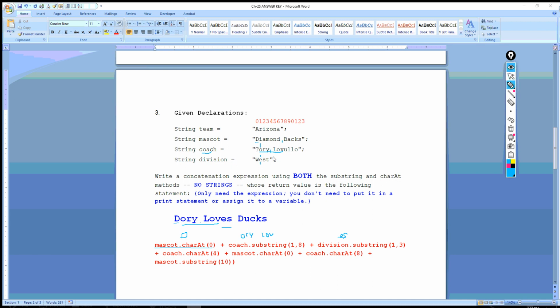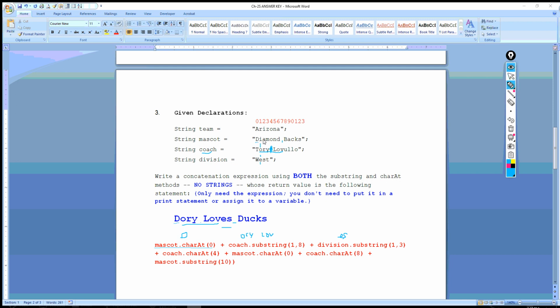I'm going to pick the coach because it's fewer letters that it takes to get there. So we're going to do coach.charAt(4), and 4 because this is 0, 1, 2, 3, 4. So the space is in position 4. And so that's this. So this is the space, then the next thing is a capital D,